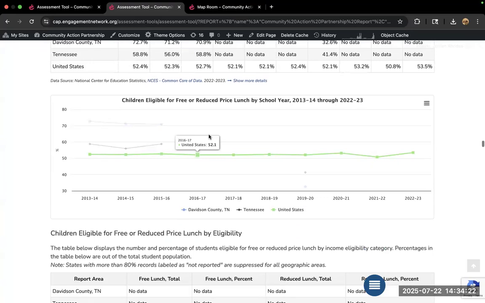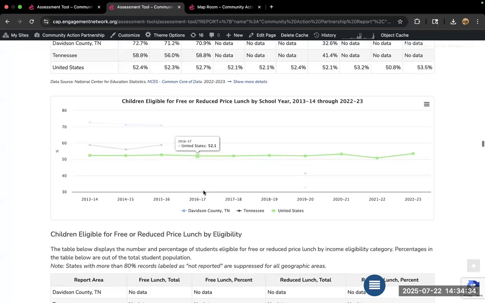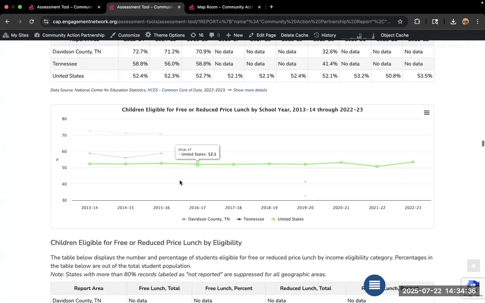Which brings us to a nice point, because I always like to encourage folks who are using these tools to apply your local knowledge to the data that you are looking at. These data are estimates. They are collected at a national level. They are not omniscient. There could be big things going on in your community that are impacting these data that require your knowledge and contextualization. Was there a big outreach program that impacted these numbers in a certain year? You can use your local knowledge to fill in those gaps.